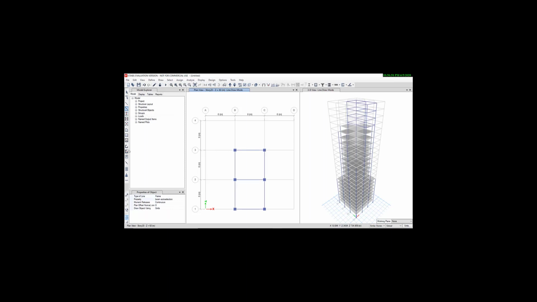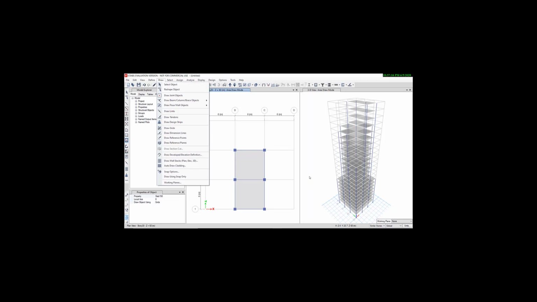Now for the last section, slab. As you have seen in 3D view, we have designed all the beam, column and slab in this building.